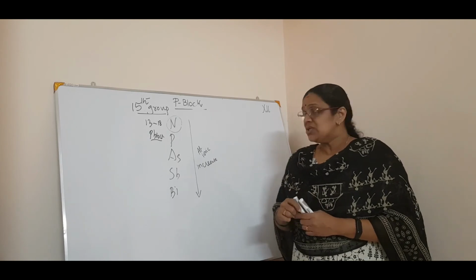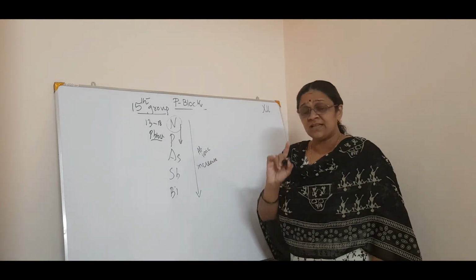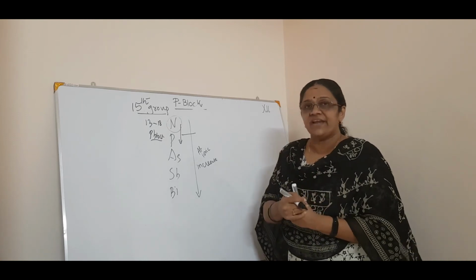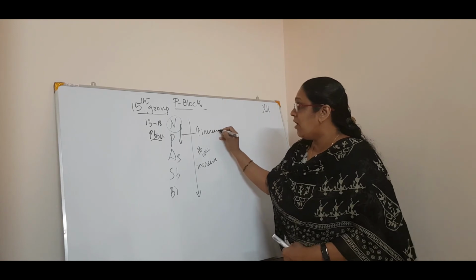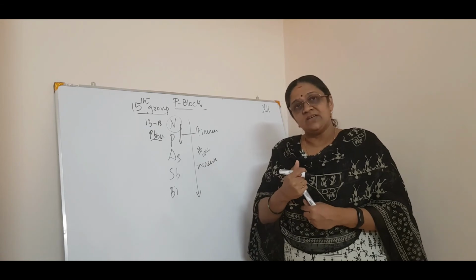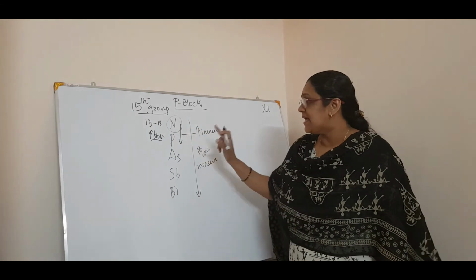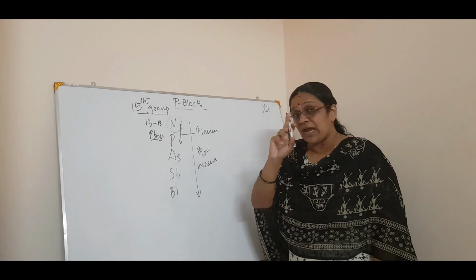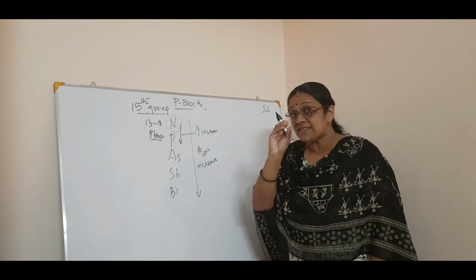So in this case also, from nitrogen to phosphorus, that's the important thing. There is a drastic increase in the radii. So there is a very drastic increase in the covalent radii from nitrogen to phosphorus, and you have to search for the reasons behind it. Then you have a logical reasoning there. Why does that drastic change happen? Because being the first member of any group is different from the other members of that group due to the small size, isn't it?